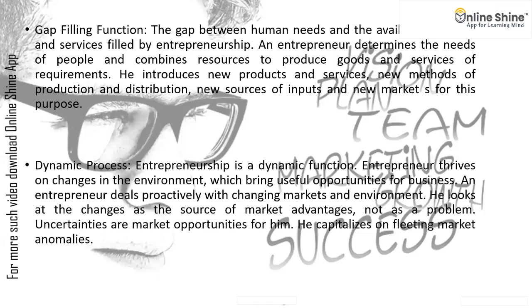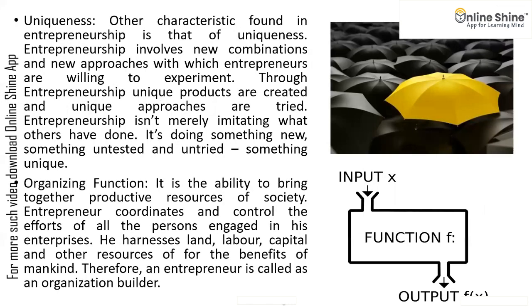He looks at the changes as the source of market advantages, not as a problem. Uncertainties are market opportunities for him. He capitalizes on fleeting market anomalies, that is, the problems that are going on in the market, and uses them for his own benefit and makes things certain for people. Coming to our next slide,